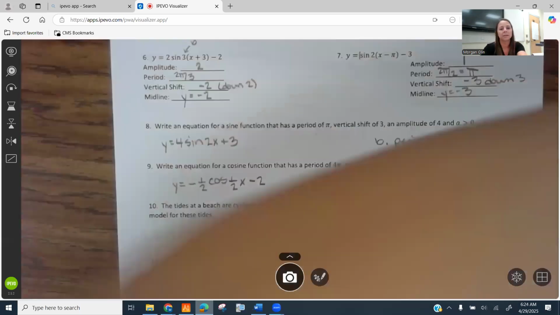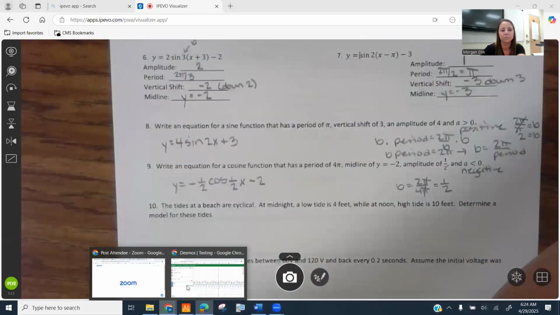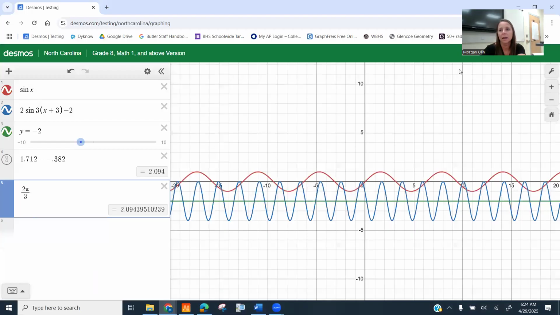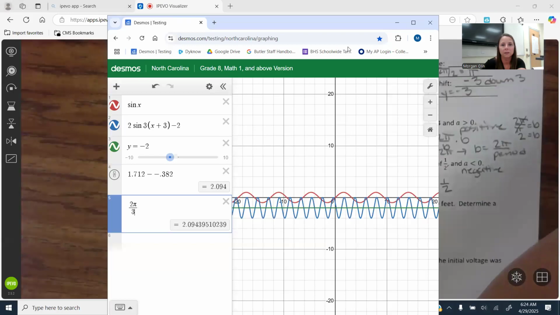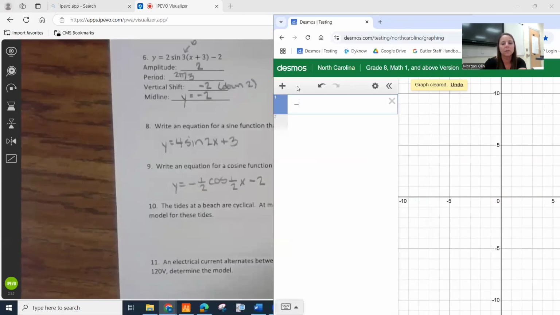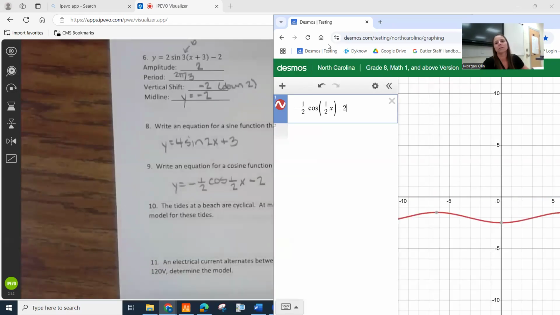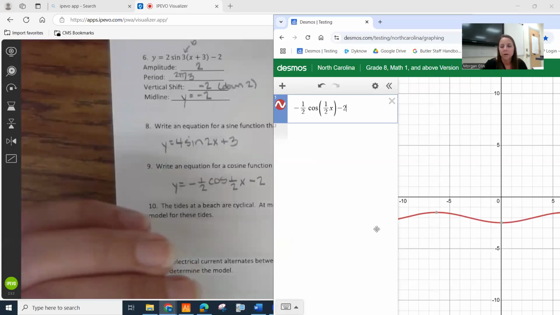And you can double check this. So if I want to, I can, all right, let's plug this in real quick. So -1/2, and then cosine of, you put parentheses around the 1/2 and then x. Close your parentheses and then say -2 on the outside. Okay, so here,